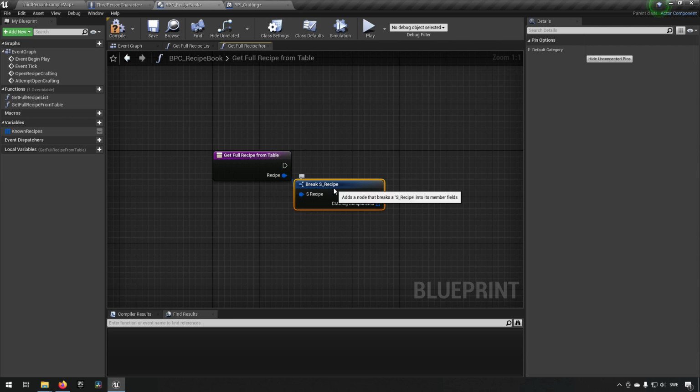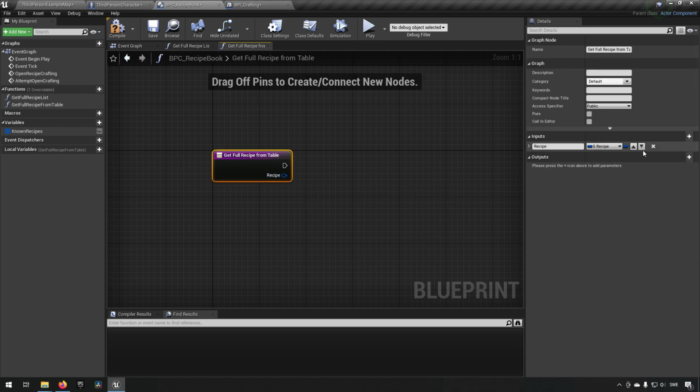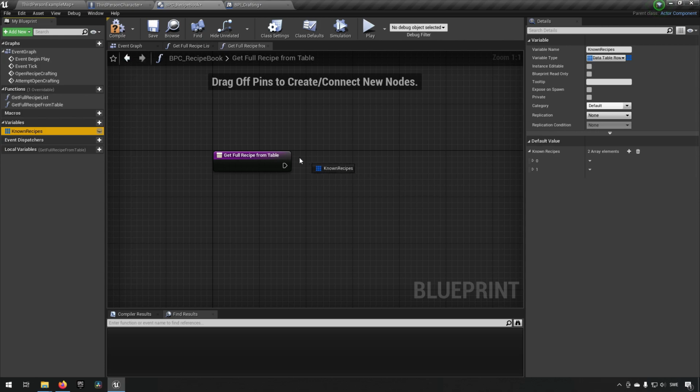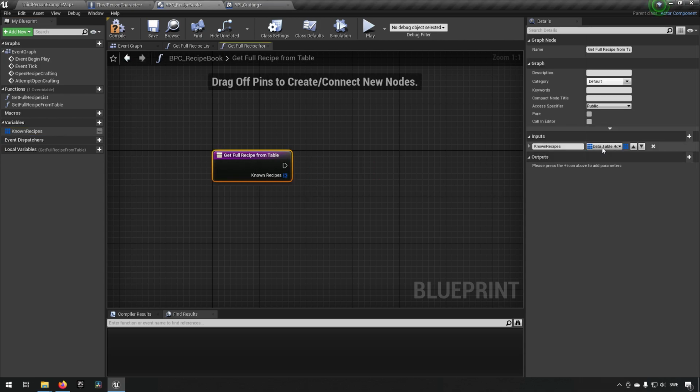Actually, let's have this. I changed my mind. Let's have this as known recipes anyway. We'll do it like this, so we get all of them. And then, because we are actually sending a handle, because we had it in the loop, remember? So it's not a known recipe, but it is a recipe, or a handle to a recipe,